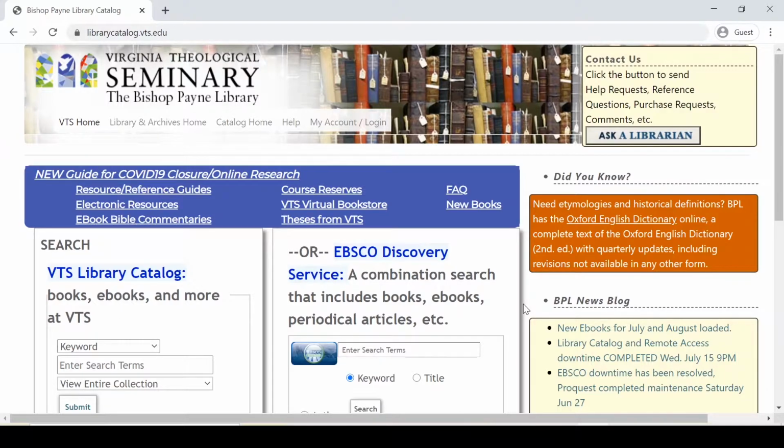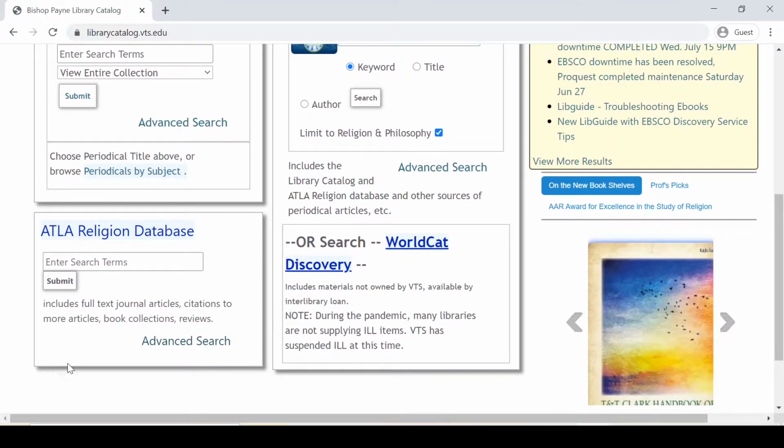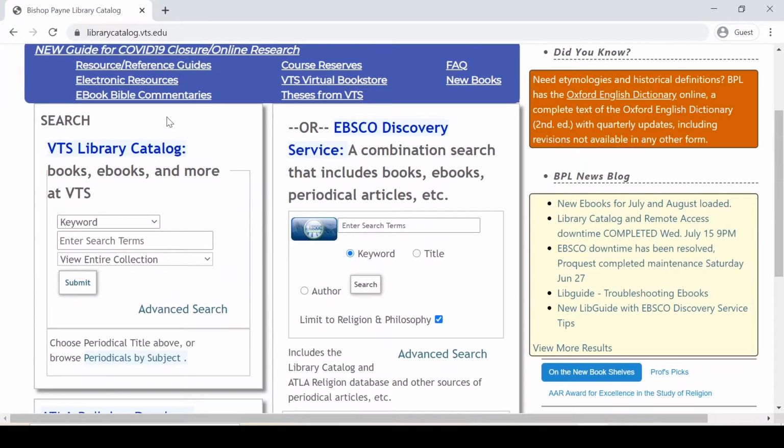In this video, I'm going to show you a couple more advanced techniques for how to get the most out of ebooks and e-resources. So remember, the different search boxes, all of them will give electronic results of some kind. The ATLA religion database down here will just give you electronic results for journal articles. This main box of VTS library catalog will get you results for ebooks. And this third box will give you results for both ebooks and e-journal articles. So just as a simple example, we're going to search for a couple books that are in electronic format through the VTS library catalog, and I'm going to show you some tips and tricks for how to use those the